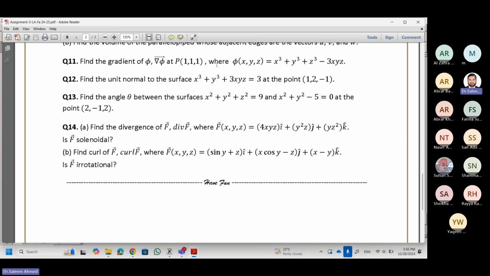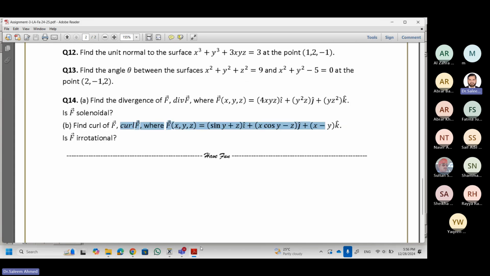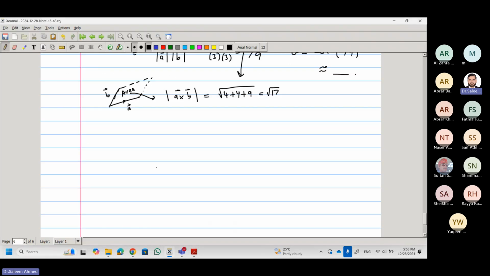These are three things related to the functions. If a scalar function is given, this is a scalar function because no i, j, k is there. We can find the gradient of the scalar function, del phi. Find the gradient of phi, which is del phi. Then the divergence of a vector function. You see, this function is a vector function. Why a vector function? Because it has i, j, k in it. So divergence and curl, they both are defined for vector functions, and very simple formulas,